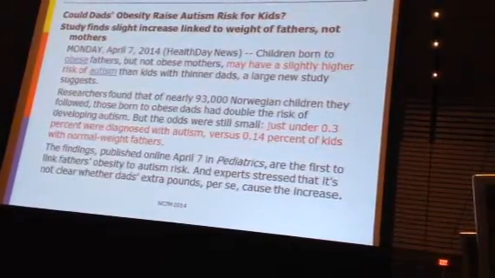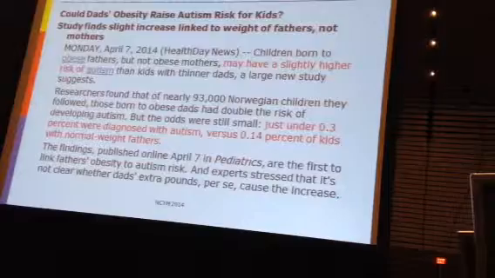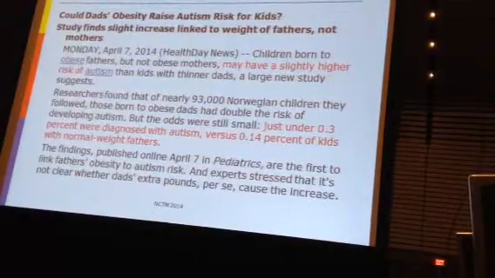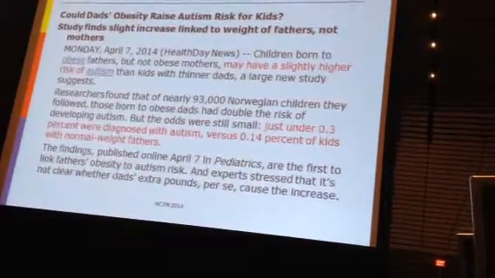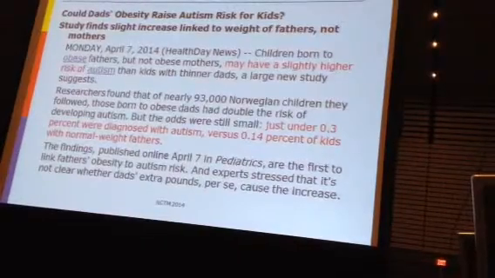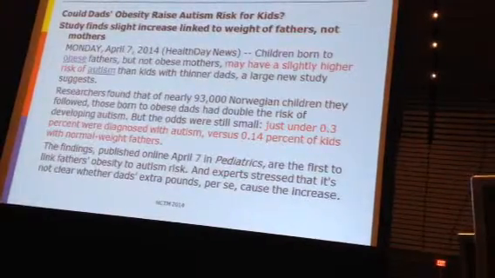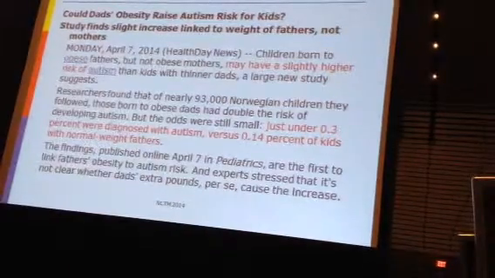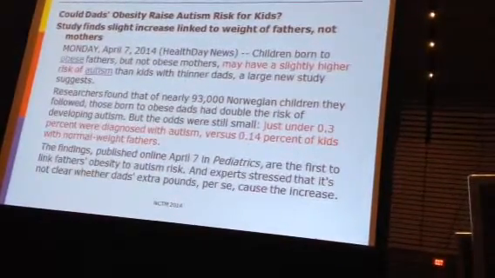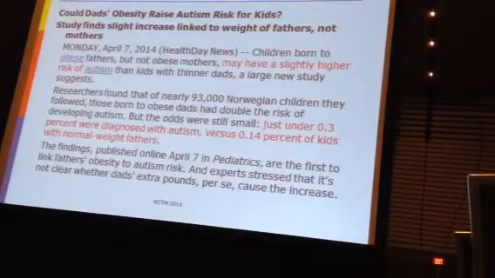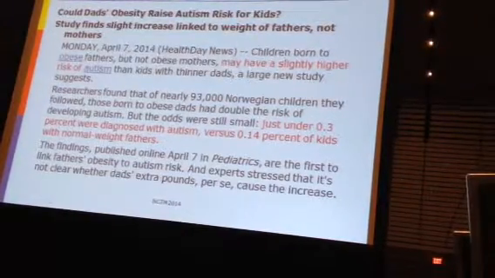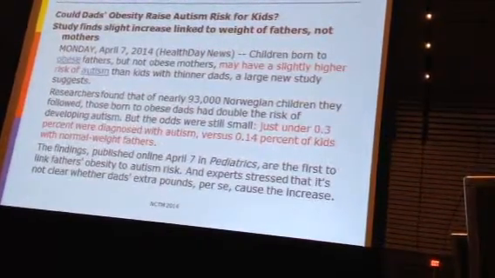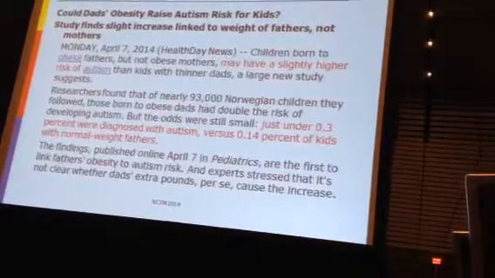And it's gone from 0.14% with normal weight fathers who have autistic children, to just under 0.3%. So it has been a doubling, but it's a doubling from a very small risk to something that's double, but still a very small risk. But the argument here, so kids are going to see things like, well, just people in